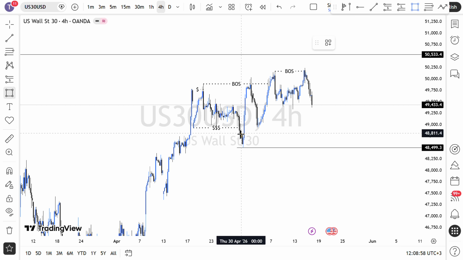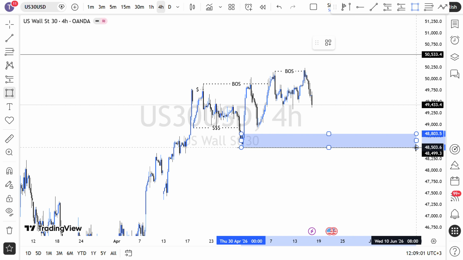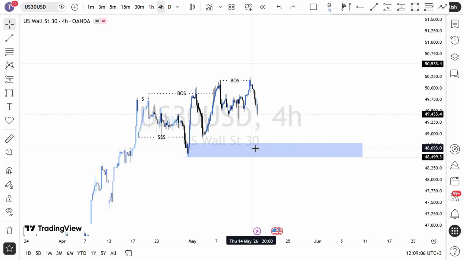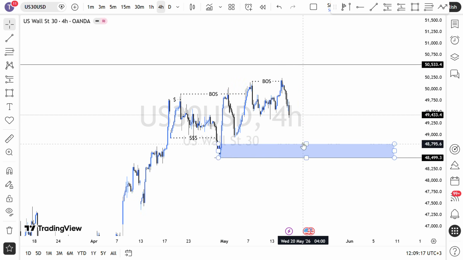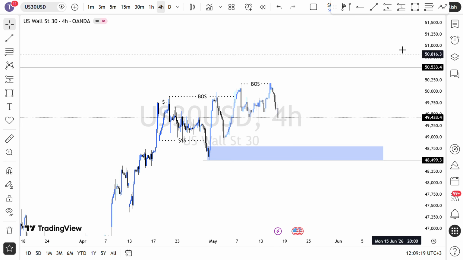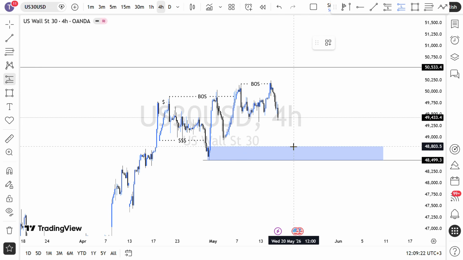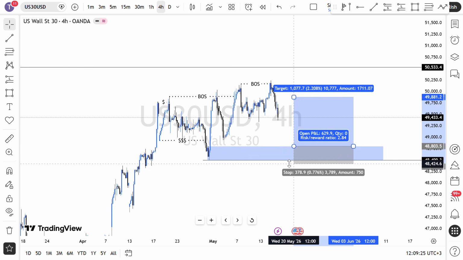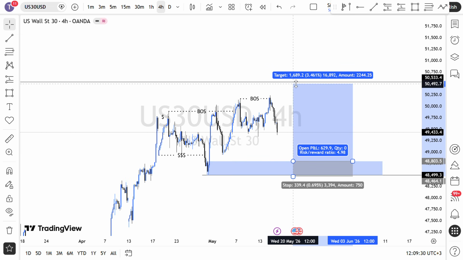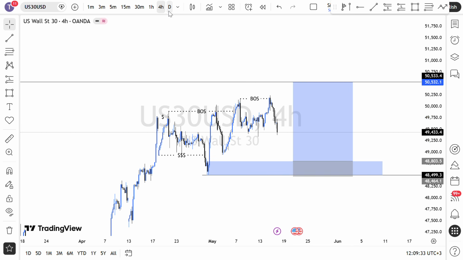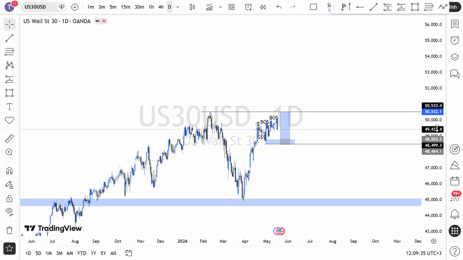Remember from the last analysis that I had with you guys on US 30, I told you guys that I still expect price to come into this extreme point of interest. Because of that, I think all this here is liquidity being formed. And if price will want to come down into this area, I would like to have my confirmation from that point. Then I'll be placing my stop loss down there, and then I'll be targeting this high or the external liquidity. So the analysis is coming from the daily time frame.